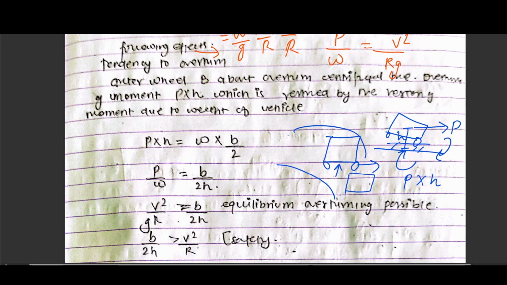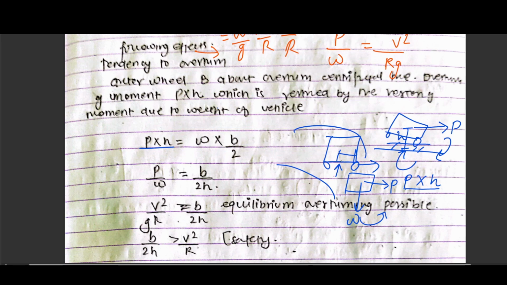Like the vehicle is overturning by this P force, and the weight will be directed downward, and the weight component will act as a restoring moment against this P into h. We can visualize it, right? So P into h is our overturning moment, and it will be resisted by this weight into, as we previously discussed,